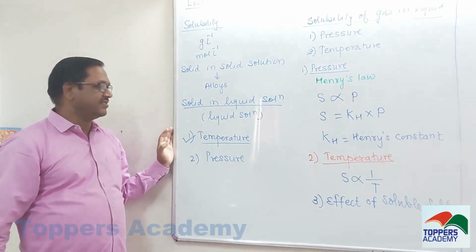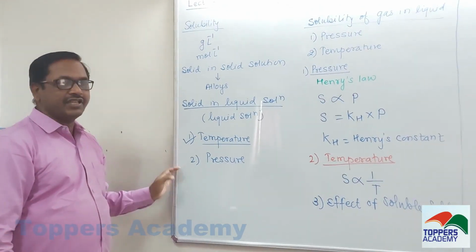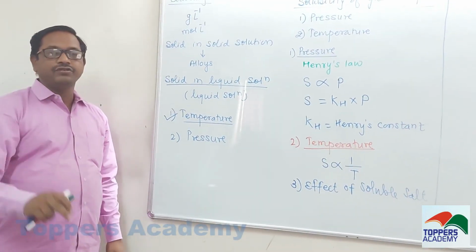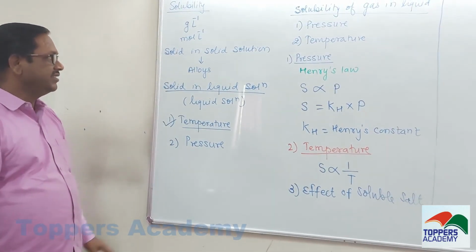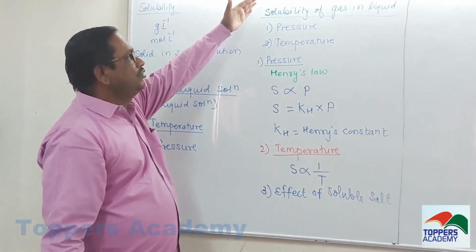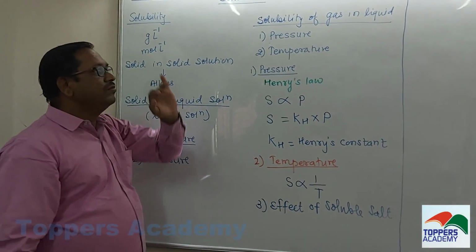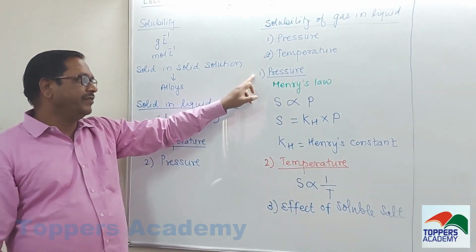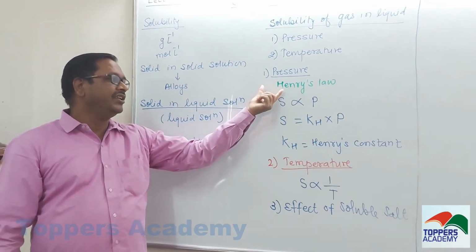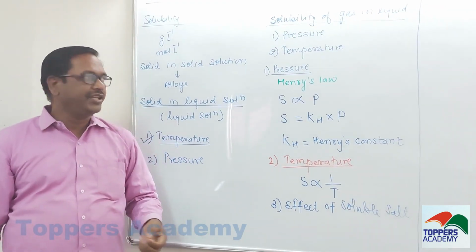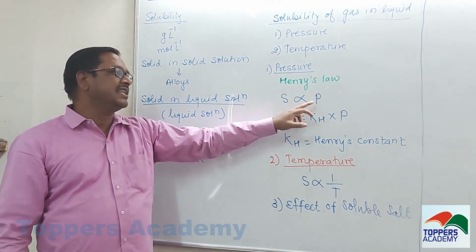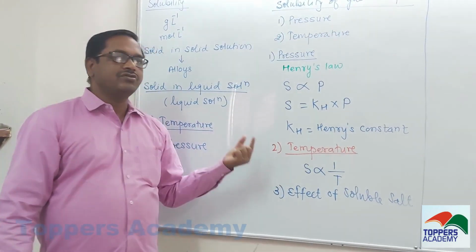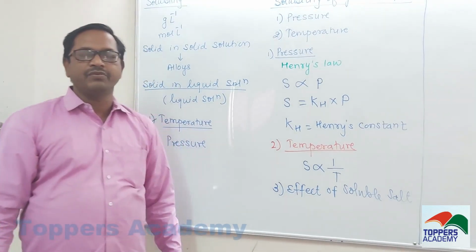There are few substances like sodium sulfate. Sodium sulfate, when dissolved in water and when temperature increases, its solubility goes on decreasing instead of increasing. Now the second point is the solubility of gas in liquid. Solubility of gas in liquid is affected by three factors. First is the pressure, for which Henry's law is given. Henry's law states that at any constant temperature, solubility of gas in liquid is directly proportional to the pressure of gas. Okay, and for temperature, the solubility of gas in liquid is inversely proportional to temperature.